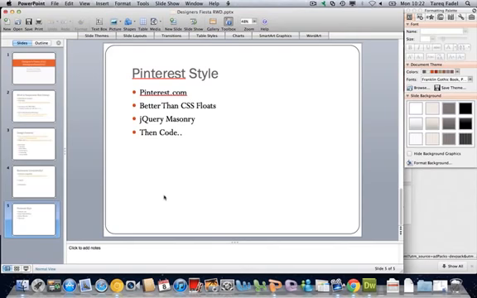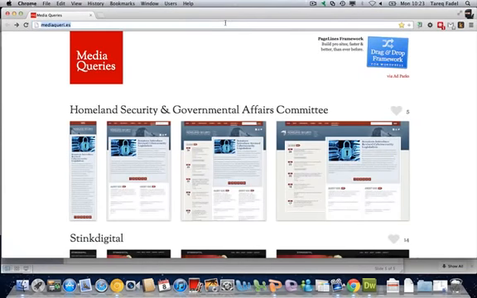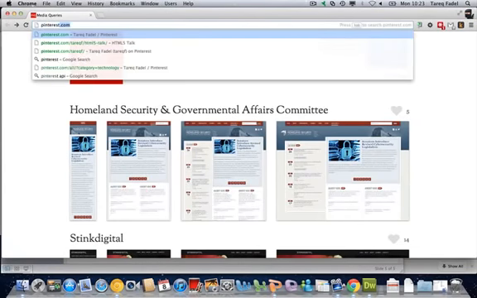Okay, so let's have a look at some examples of what we're going to talk about, which is basically using jQuery to be able to create it. So this is sometimes referred to as the Pinterest style. First I saw this was on Pinterest. If we visit pinterest.com,